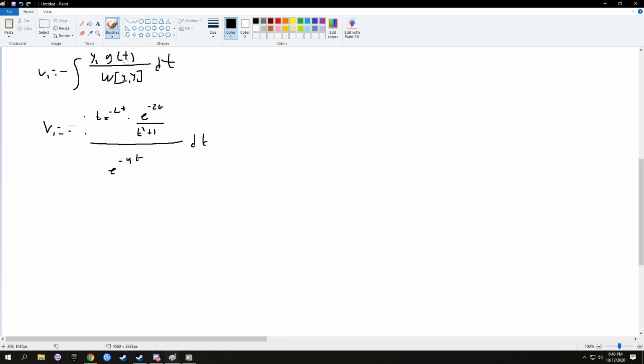So the first thing you can see is that this will multiply with this. This now becomes e to the negative 4t divided by e to the negative 4t, so these just cancel out. And now I'm left with this. So this is technically going to be written as